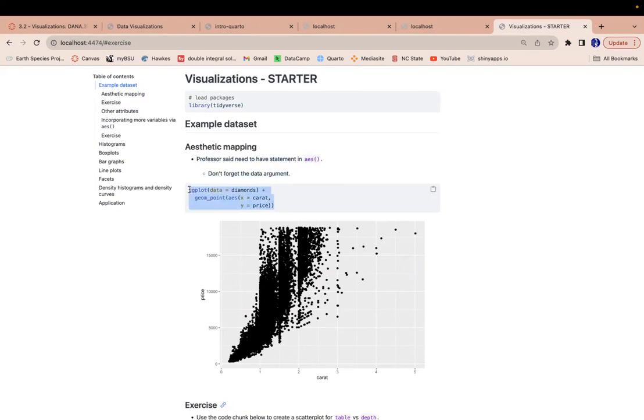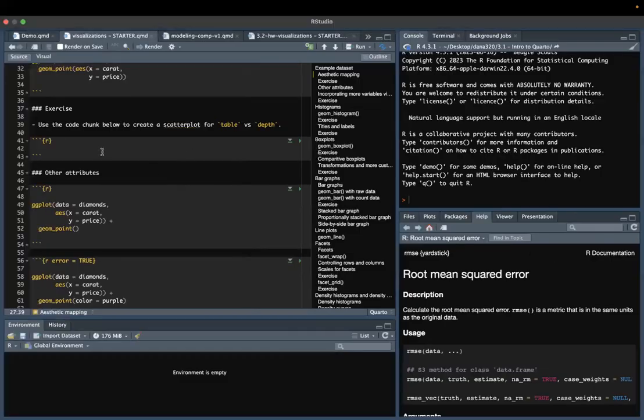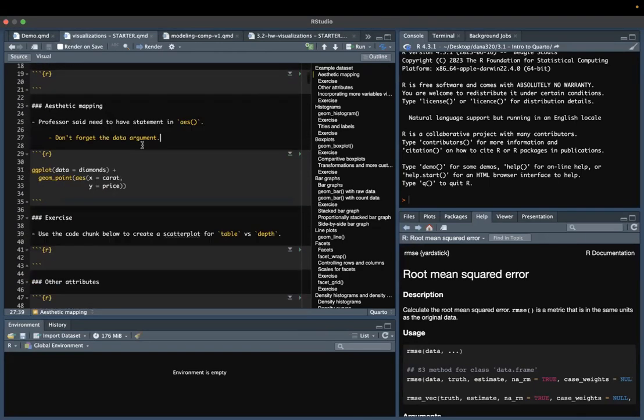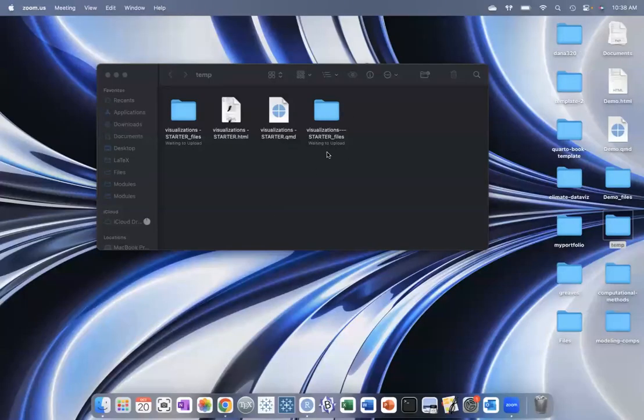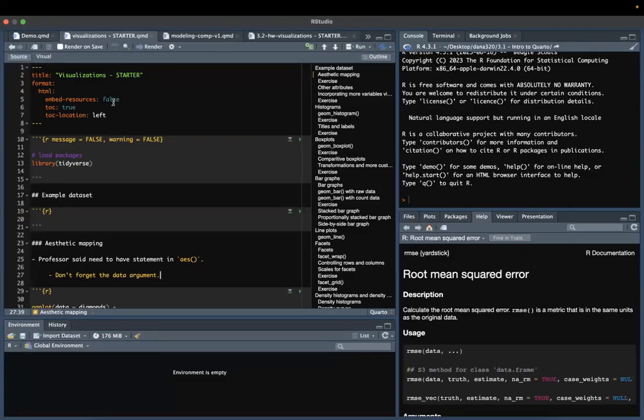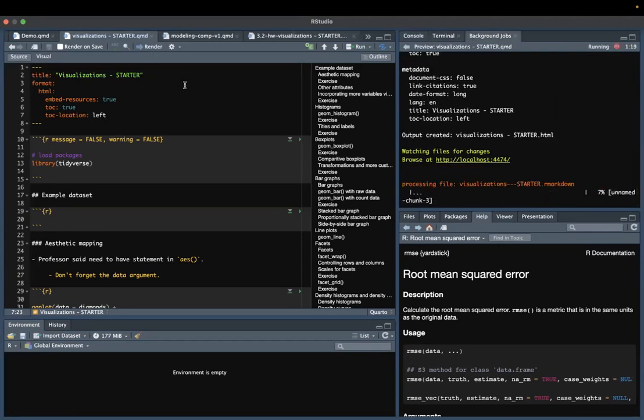So if I was in this class, I would be working through the video and working alongside in my starter file so that I have my own personalized notes. But let's take a look what happened behind the scenes. So when I render that document, I have an HTML file that was output and also two folders that were made. So these files are used to create the HTML document. But I'm going to go ahead and delete these and show you what happens when I change this embed resources to true. So when I change that to true and re-render this,